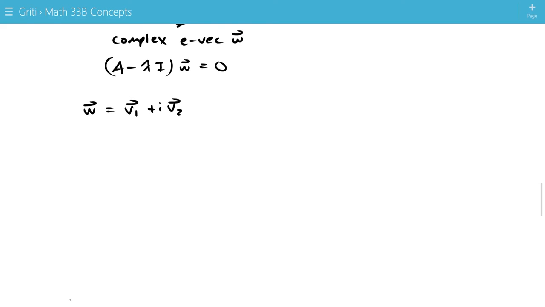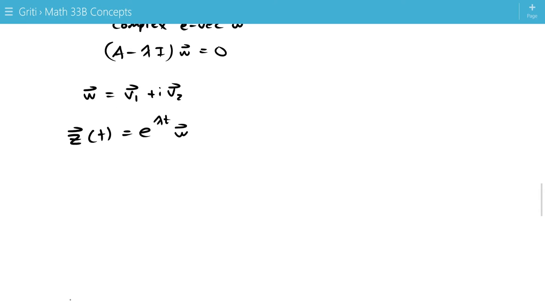And we use this to find a complex solution to the equation, z of t. That'll be e to the lambda t times w. But if we decompose this into real and imaginary parts by plugging in alpha plus beta i in for lambda and v1 plus i v2 for w,